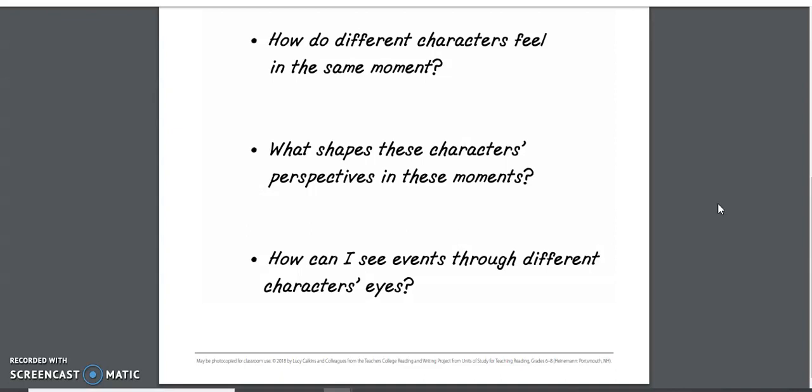Now, the text that we're reading right now is actually really cool in this way because we get to see the same events, the same 2-minute period of time, through the eyes of 4 different characters, right? We have Claire, Autumn, Sylvia, and Tomas. These characters might not all be in the same location, but we do see all of their different thoughts. 2 of them are in the same place, the others are in different places, but they're all at the same school right now, and it's all within the same minutes.